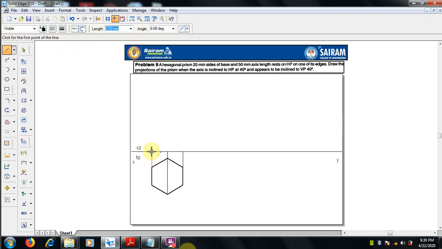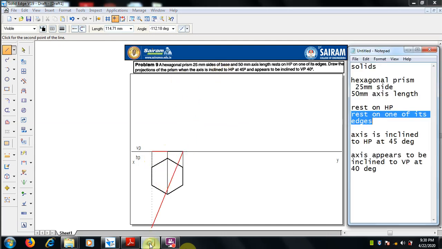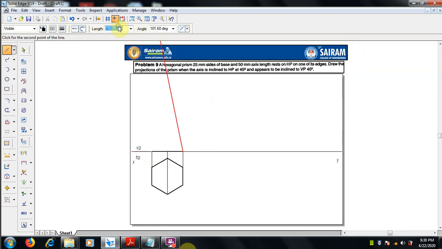Select 0.5 mm thickness line, join this, and the axis height given is 50 mm. Okay, since it's a prism, the side we can take as 50 mm height at exactly 90 degrees. So that, and by using the alignment indicator we can finish it.